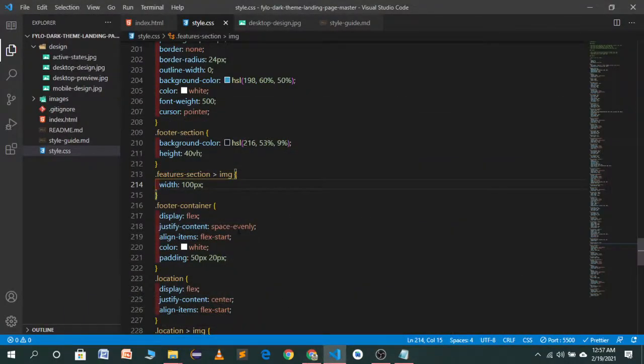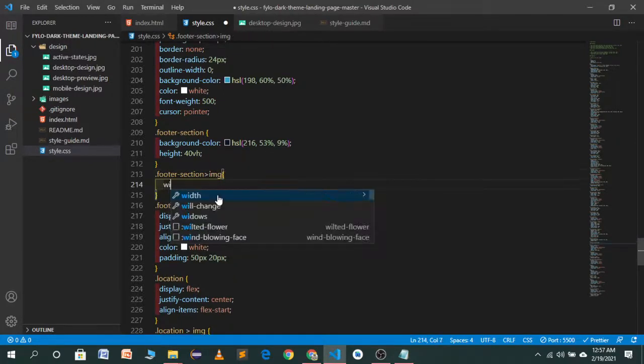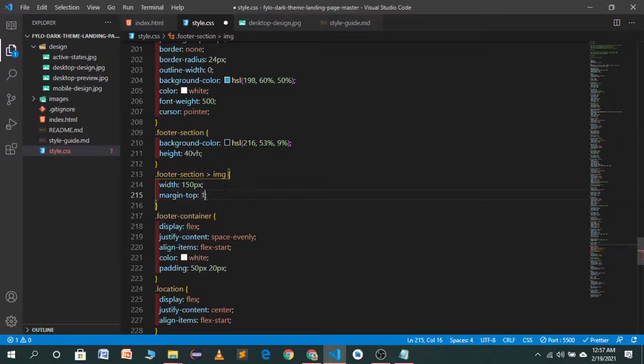So first of all, I think there is something wrong. Not features section, we want it in the footer section. Dot footer section, target the image, give it a width of, let's try 150 pixel. How does it look? It's looking good. Let's give it a margin top of 15 pixel,